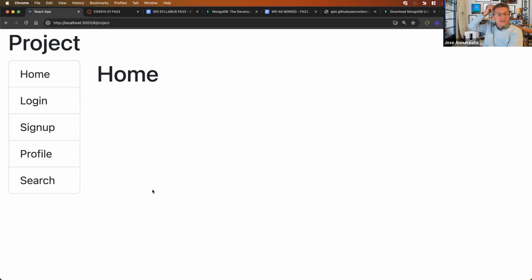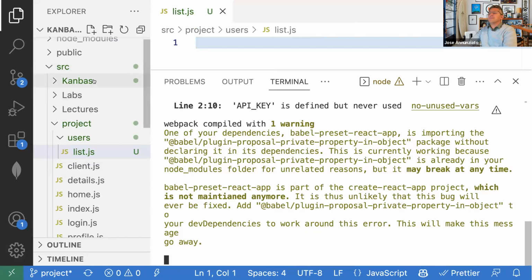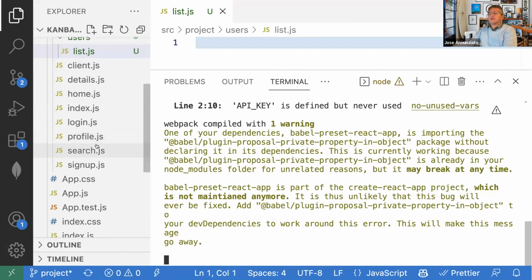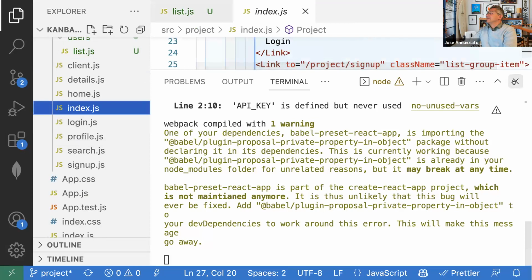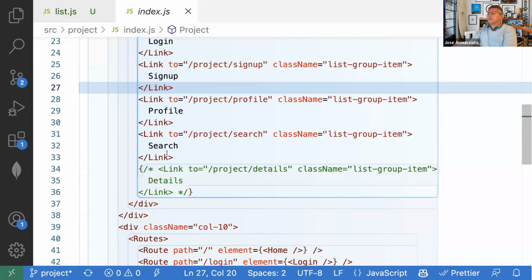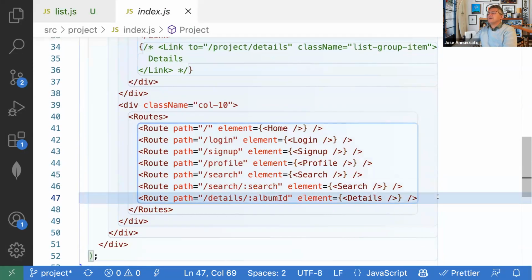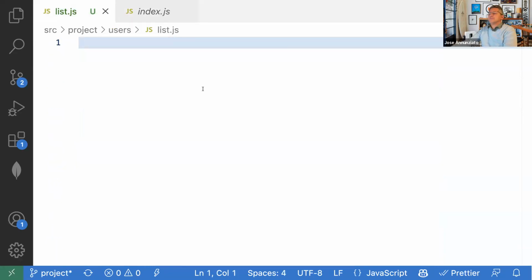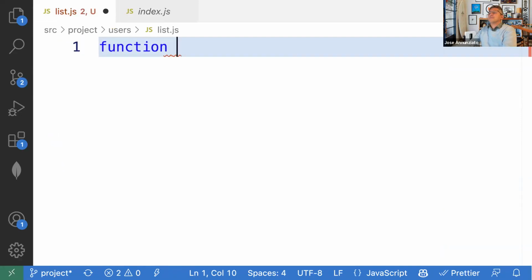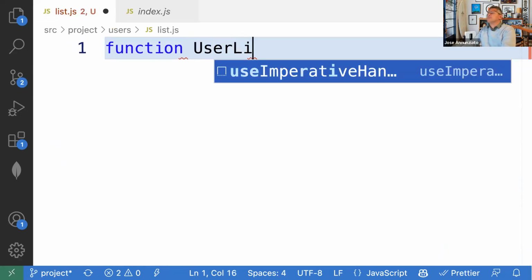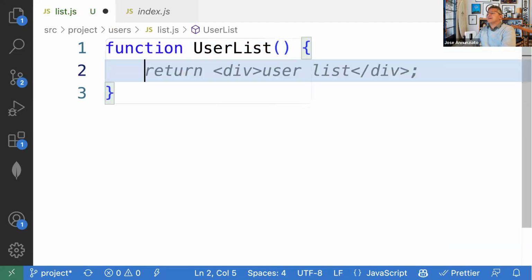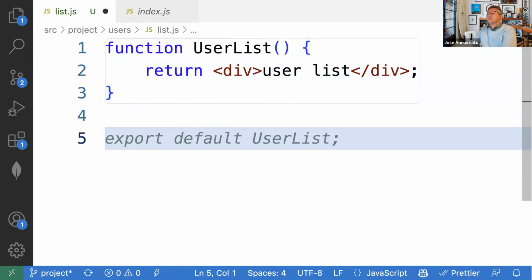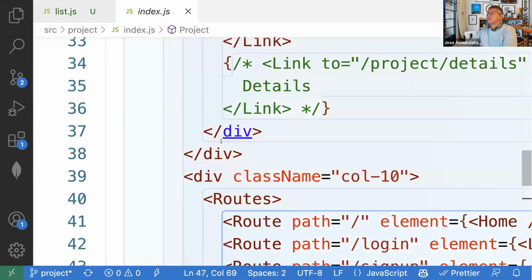And so let's navigate to a place where we can see the list of users, right? So for that, let's create a route that allows us to go there, right? So we have the hyperlinks. We'll create a list here. We'll do a function user list that returns a list of users, exports this,